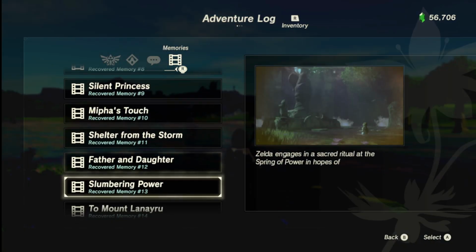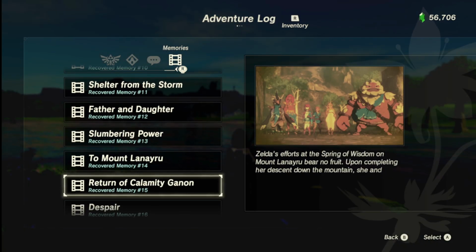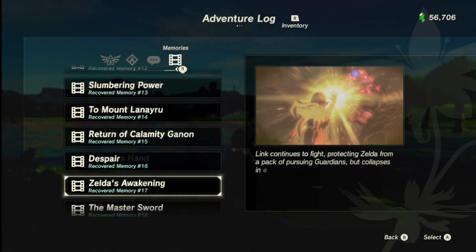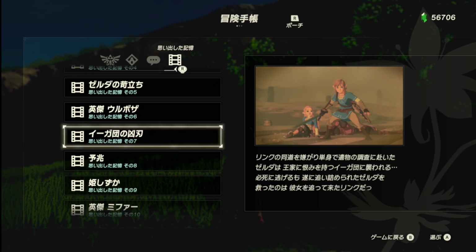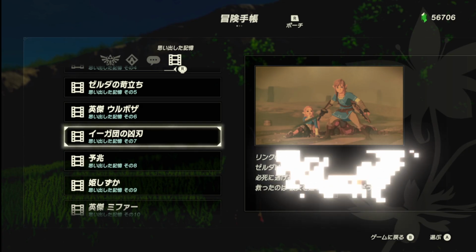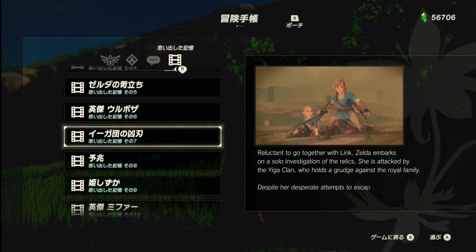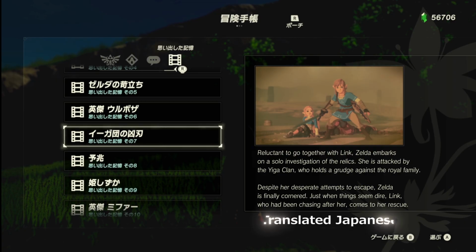To clarify, the memories in Breath of the Wild's adventure log both feature the name Link when describing a memory he is involved with in both versions. The descriptions are written in the third person and in the present tense, like a typical summary of a movie or a story. Therefore, both versions of this part of the slate are in the third person. There is no mistaking that.